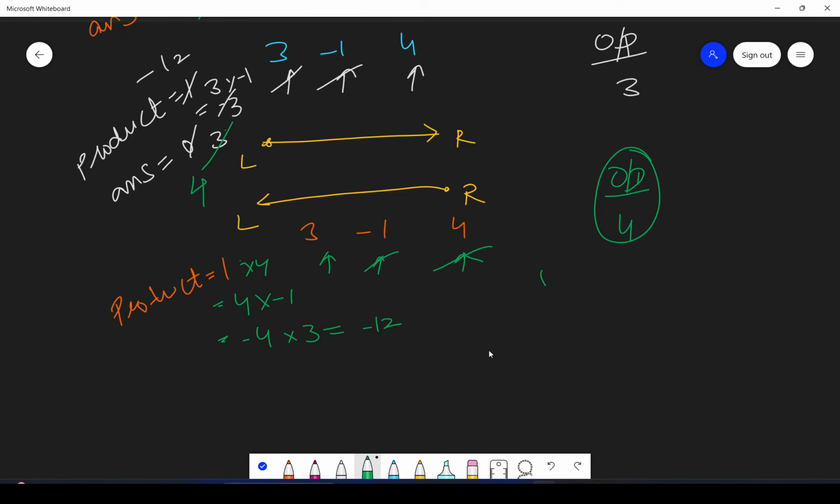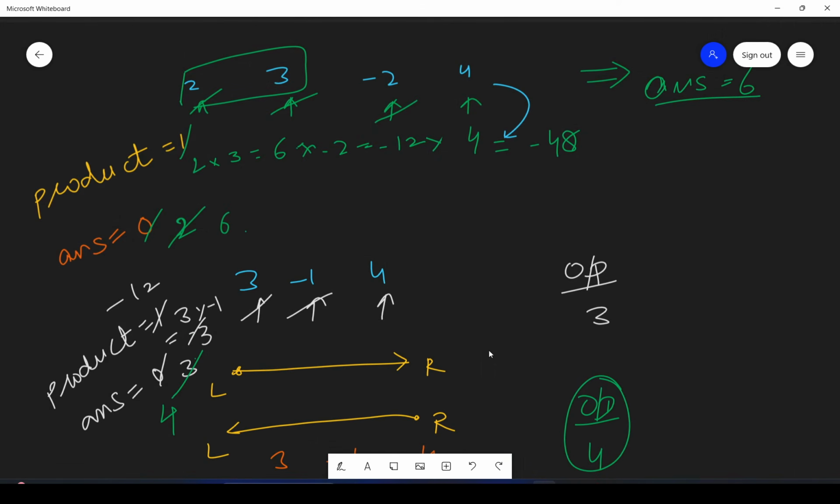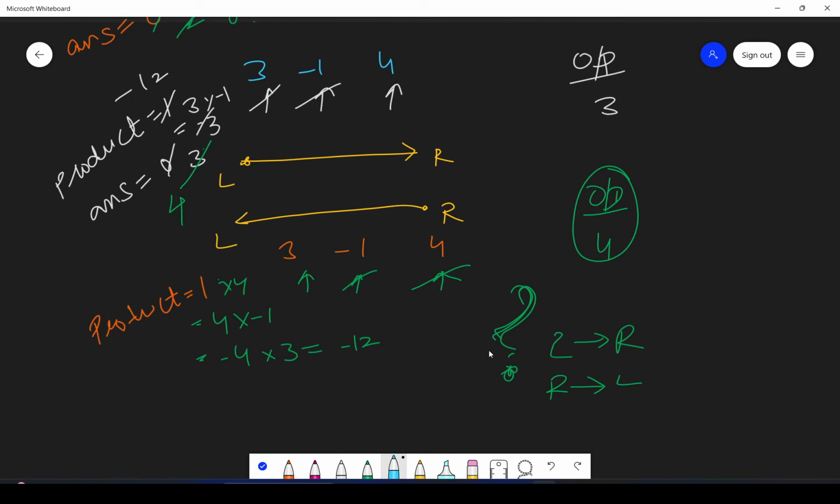Okay, so see guys, now the question is why I need 2 traversals, right? Why I need 2 traversals, from left to right and then from right to left. So see, because of this negative, you may encounter a problem. See, earlier what happened? One thing is that since this negative was there, it becomes minus 3 and then you do 4, so it becomes minus 12. Also, since you are iterating it one by one, you are just adding one element.